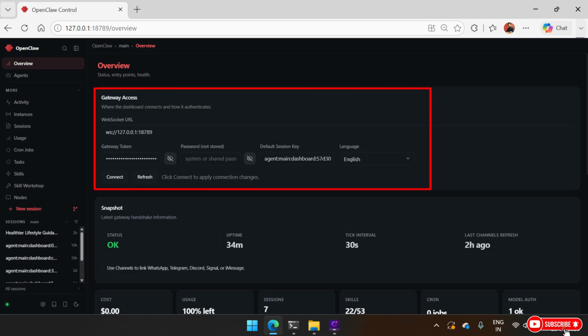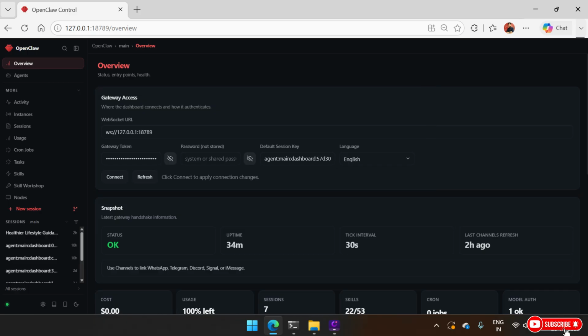At the top, you can see the gateway section. Think of the gateway as the bridge between your OpenClaw application and your AI agents. Here you can see the WebSocket URL. The first field is WebSocket URL. Here you can see